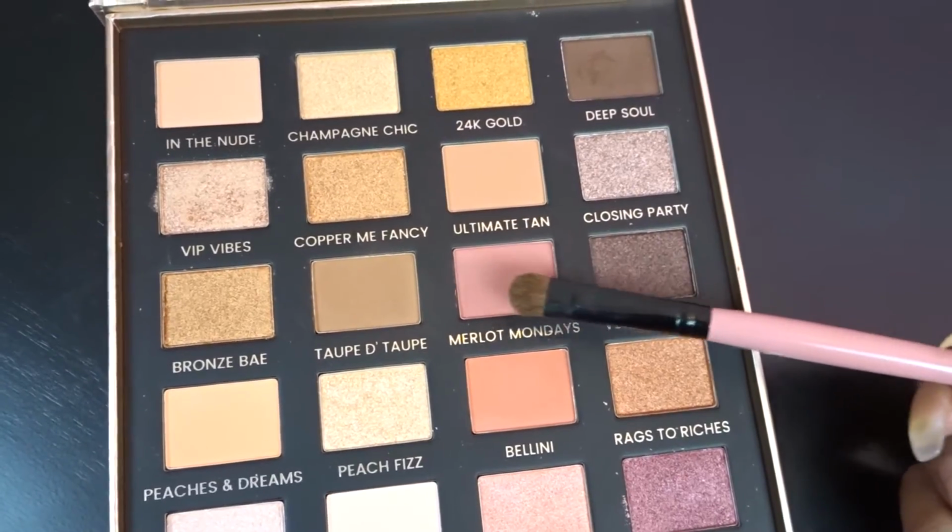So I'm very excited. And now I'm going to go in with, you know what sucks, most of my brushes are dirty. My usual go-to brushes are in the dirty pile. So I have to make do with what I have. I'm actually gonna go in with this one called Merlot Mondays. It's kind of got a mauve-y